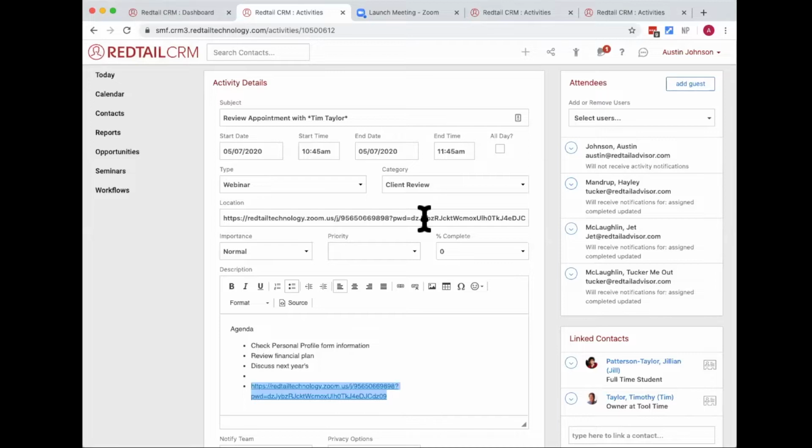So just a quick hack for you if you're going to be using video conferencing during a crisis time, to be able to quickly go between your CRM system, your meeting, and then back to your CRM system to enter in your notes. All right, let's go back to the survey here,